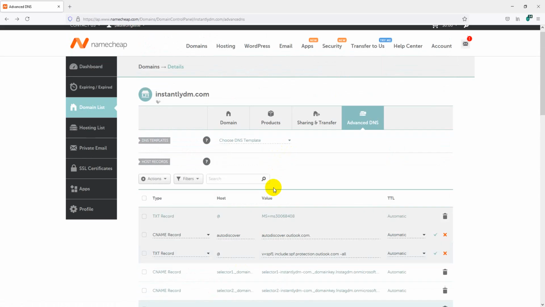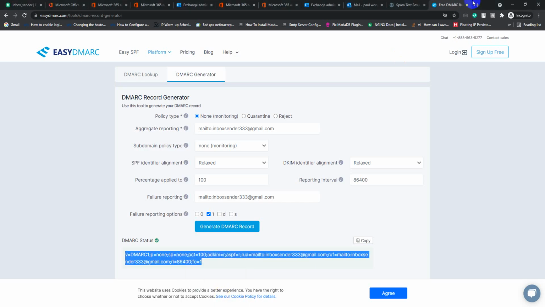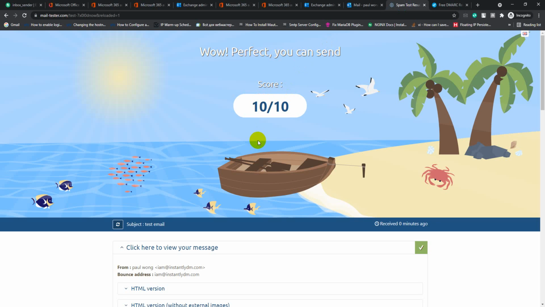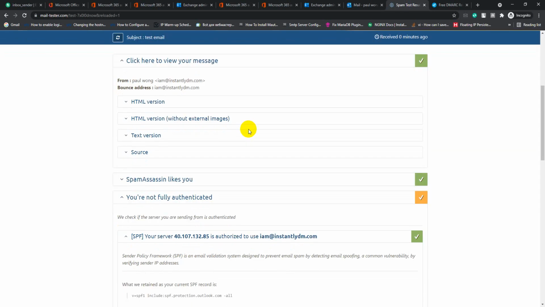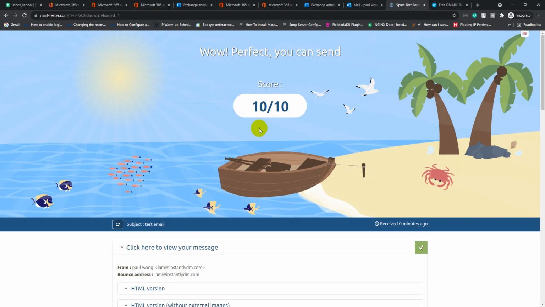So though we already got a 10 out of 10 setup score in mail tester and configured our Office 365 properly, Office 365 email accounts have a limitation.